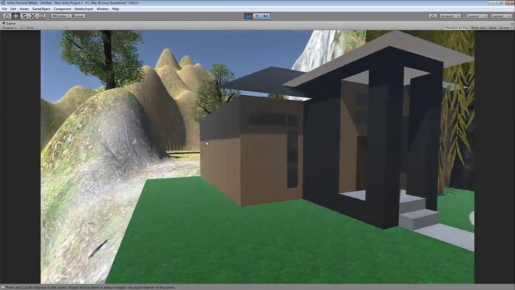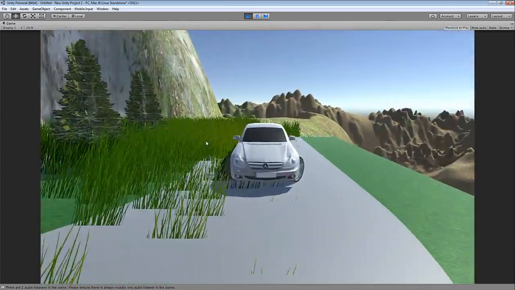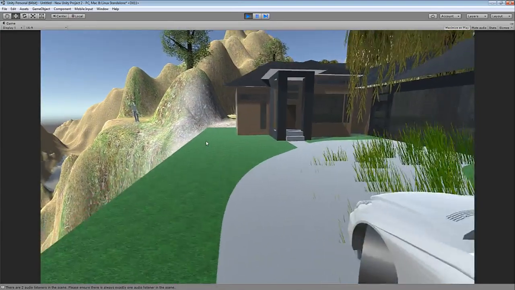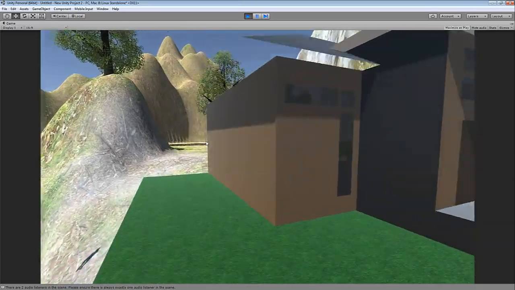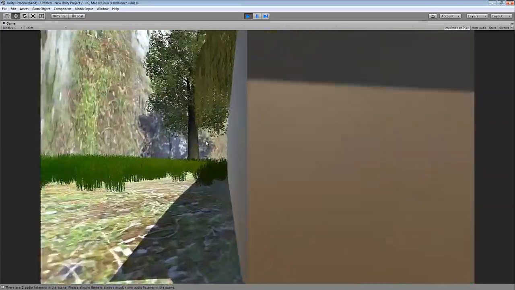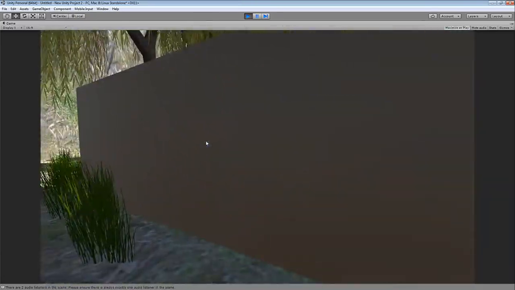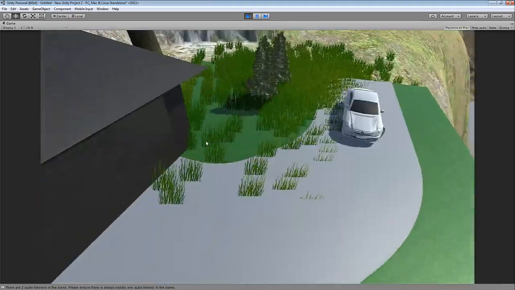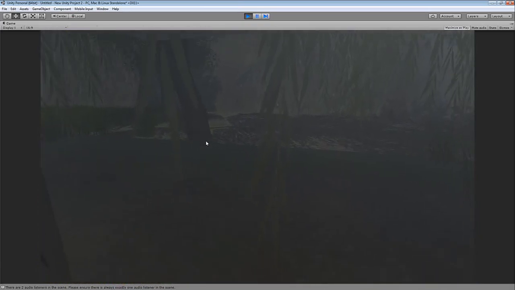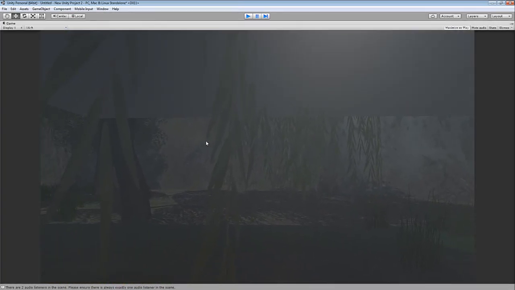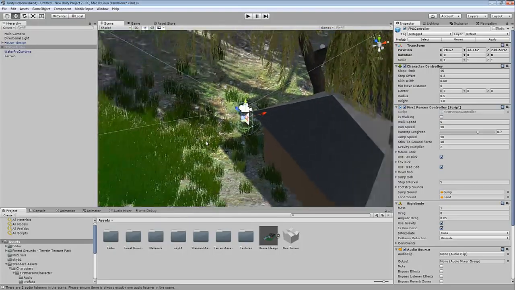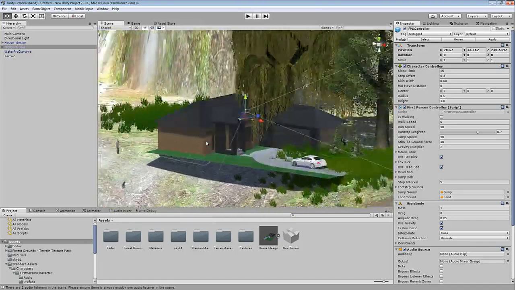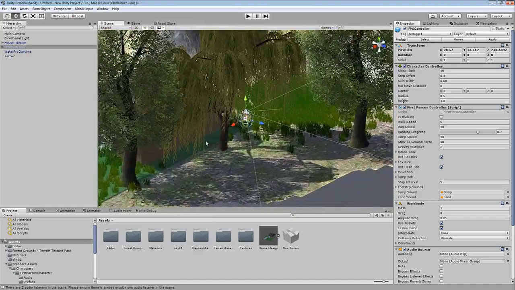Again, the size is wrong, and the doors aren't open, so we can't go through the house. Okay, I'm up on the roof now. Probably not a good house to begin with, but it's just something that you can throw together quick and easy. If you have more time, you can do more with what you've done. Okay, so that's just a quick and easy